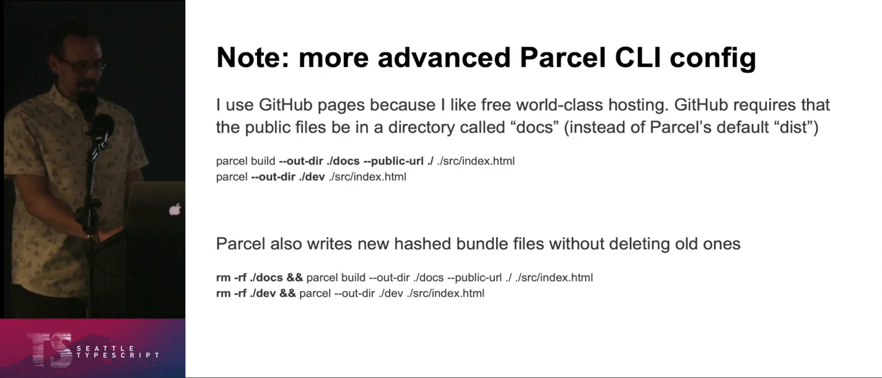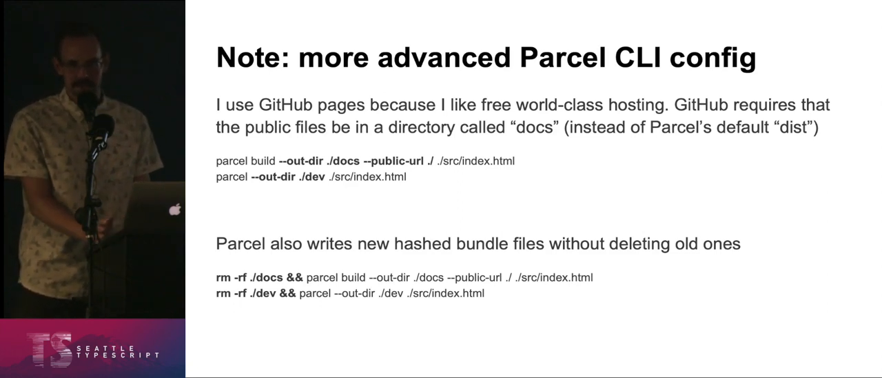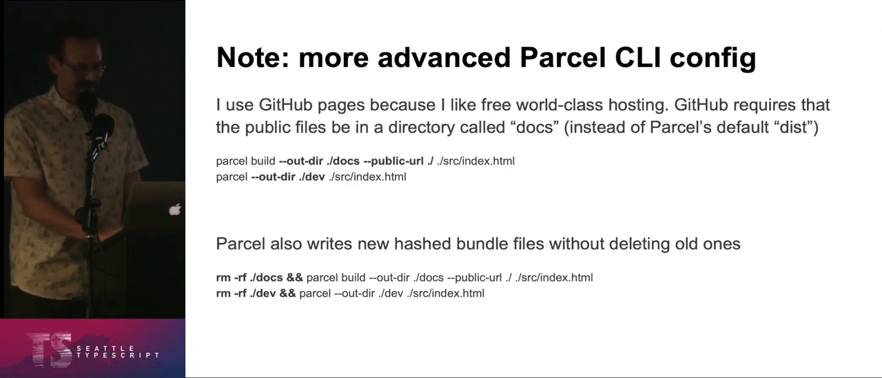But for some terrible reason, they require that your public files be in a directory called docs. You can't set a custom name for your public files. It has to be docs. I see some nodding in the crowd. Other people have faced this pain. First world problems. So if you add just a little bit to those parcel commands, you can get it to